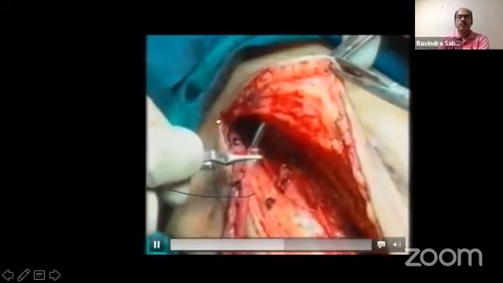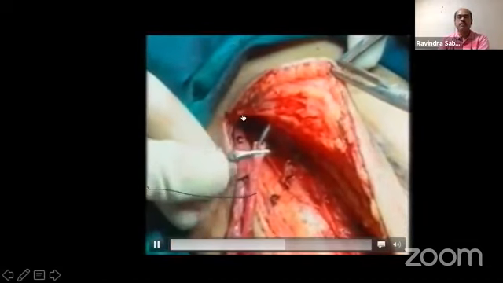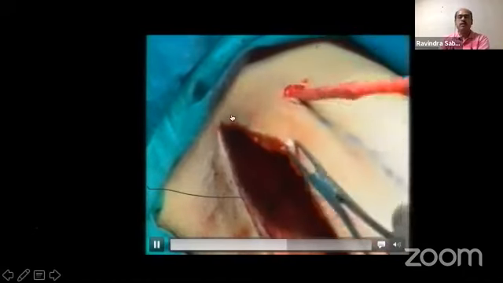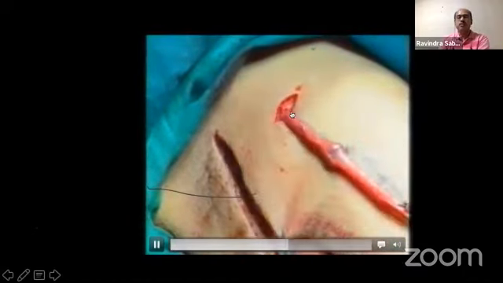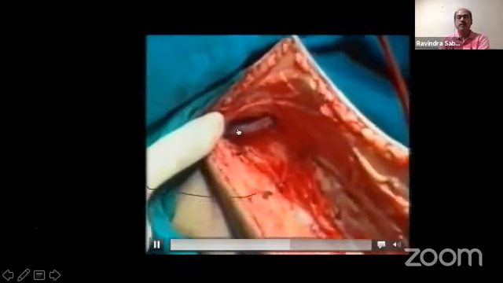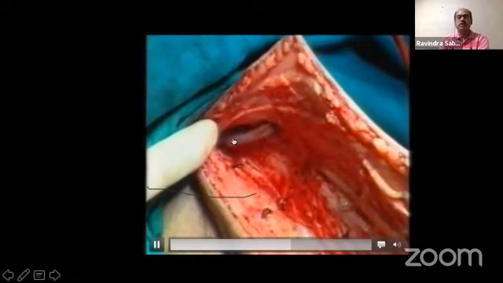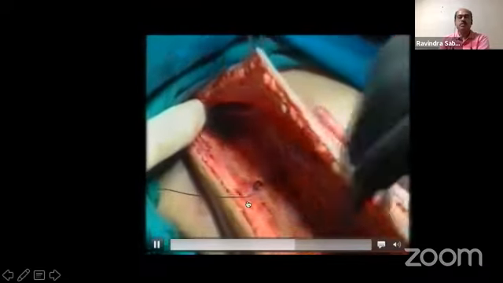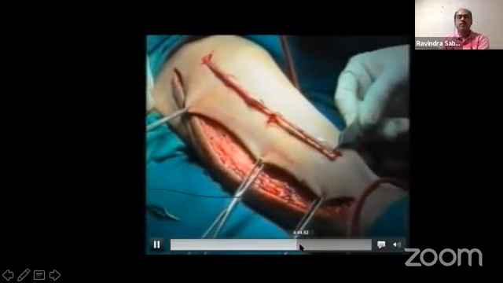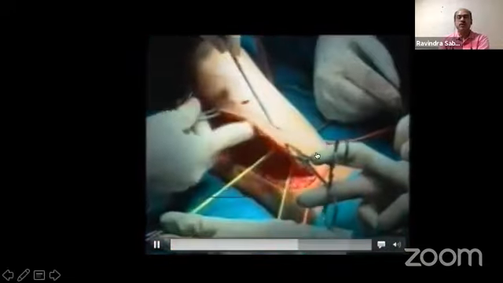There should be a nice proper length of the vein going through this. And that is how it is brought into the subcutaneous tunnel on the lateral side. See now, there is no kinking that can be shown from here. Sometimes, in over-enthusiasm, it can take an acute turn, and then it is not going to be a proper vein because it is not going to have proper flow. So once you make the suture line, this is how the subcutaneous tunnel will come.